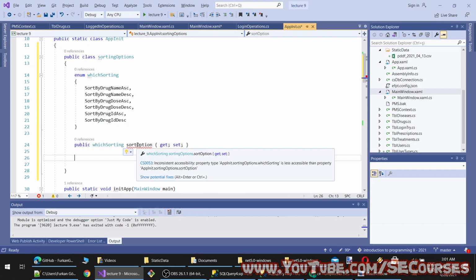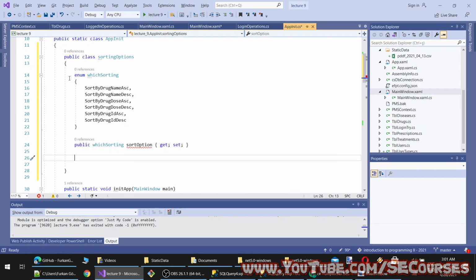Okay, it says inconsistent accessibility on property. Yeah, this has to be public as well, and then public string enum name.